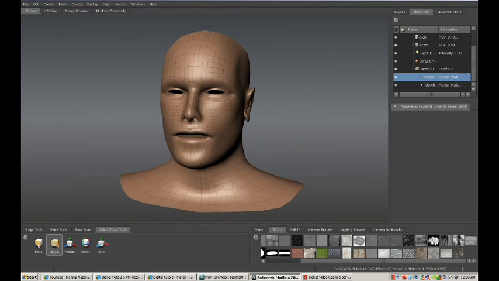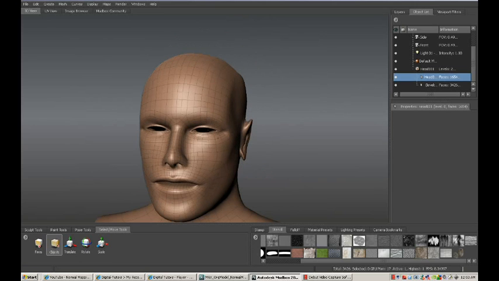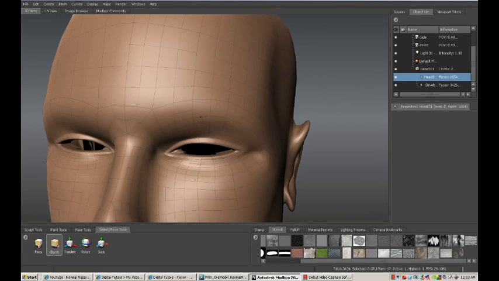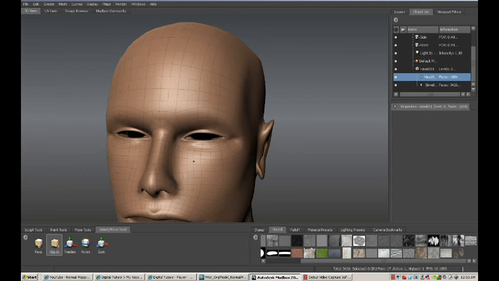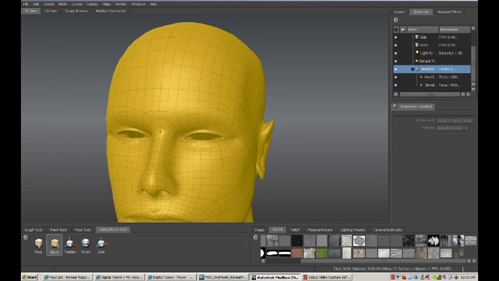I want to show you very quickly before we move on, if you hover over your mesh and hit the F key on the keyboard, it draws you right into that area. So it's a really handy tool when you are trying to get in close to your detailed meshes. Alright, so